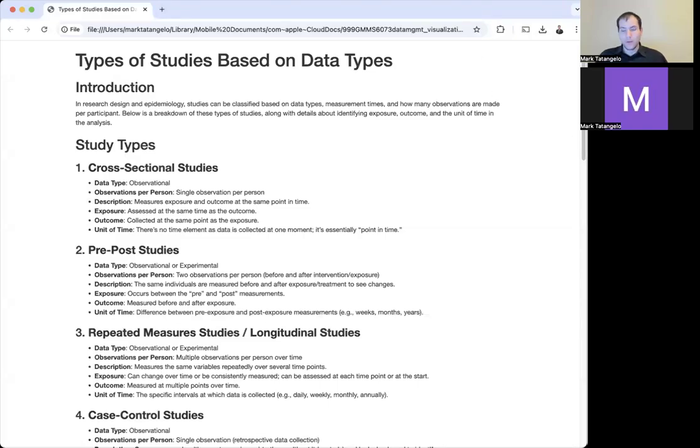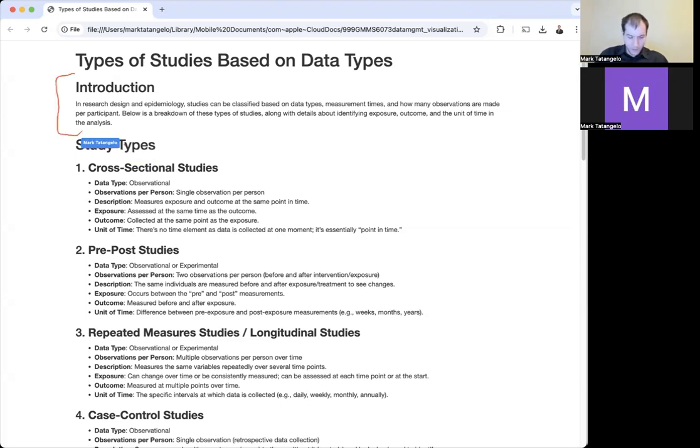Hello, students. One more thing before we begin formal data analysis. We need a bit of understanding on the types of studies that we'll be seeing and the types of analysis that we'll be doing before we actually get into the analysis itself. So I'll draw your attention